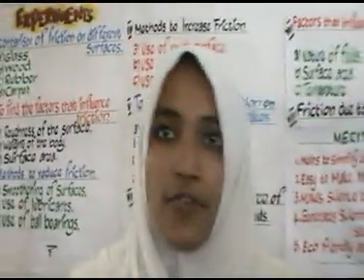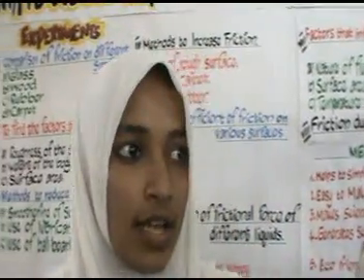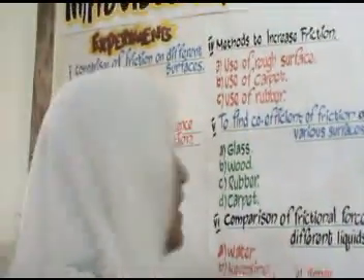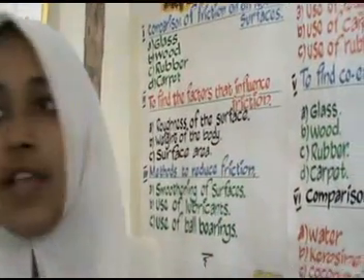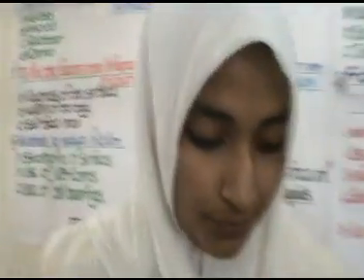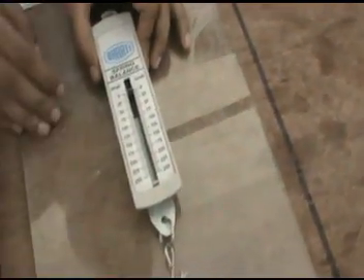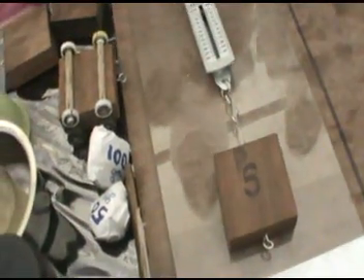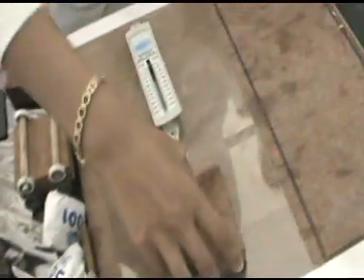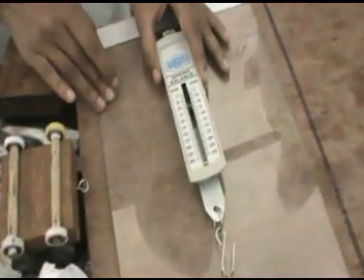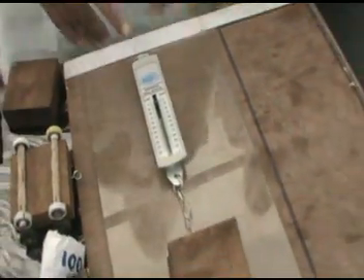We are going to find the factors that influence the friction. Here, we are using three methods: surface, weight of the body, and surface area. Here, we are pulling the rough surface over the glass. We got 0.35 Newton. In the previous experiment, when we used the polished surface, we got 0.25 Newton, and we attached the weight. The friction is increasing, so we get 0.75 Newton.